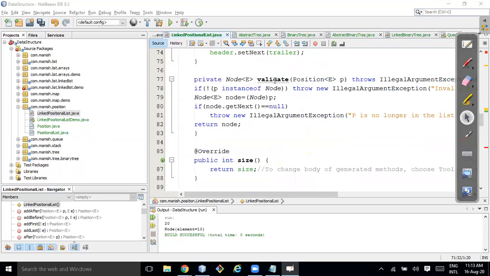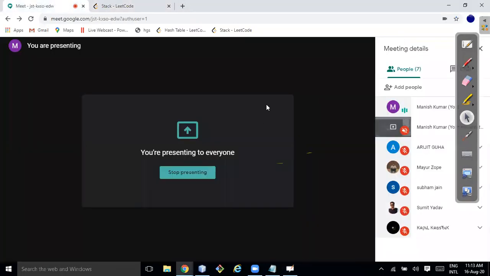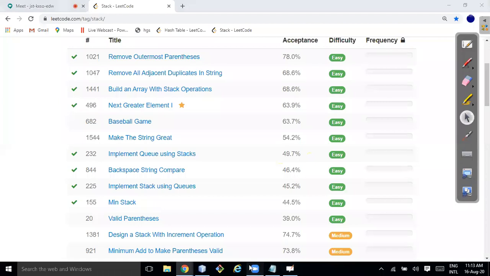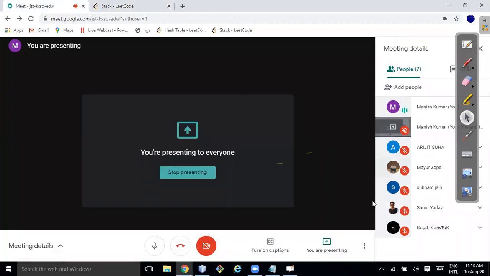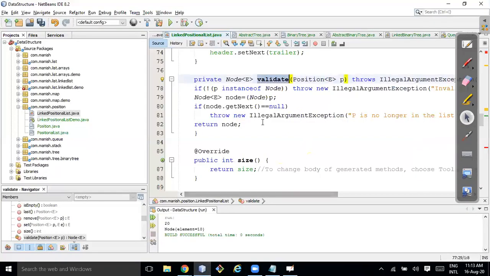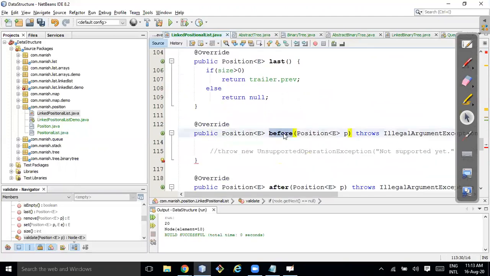So I validated the position. If I validate the position, then I can get the object also, right? I can get the object by typecasting it to the child class or subclass. So if I need to return before, first I'll validate.